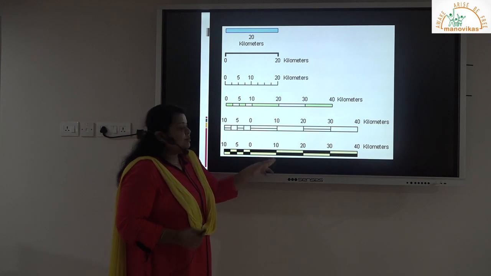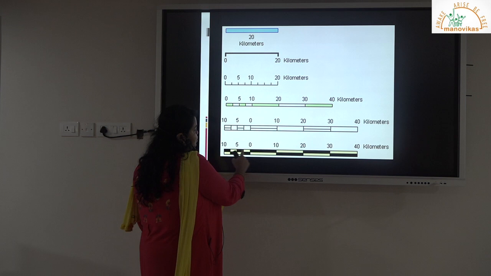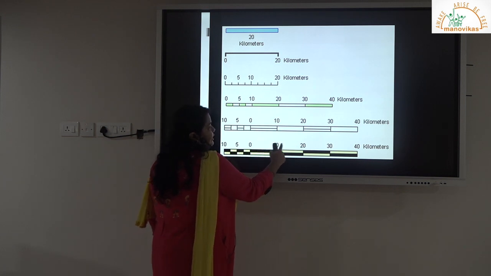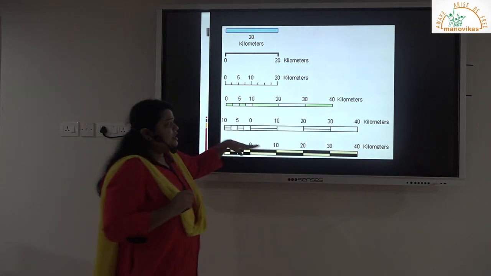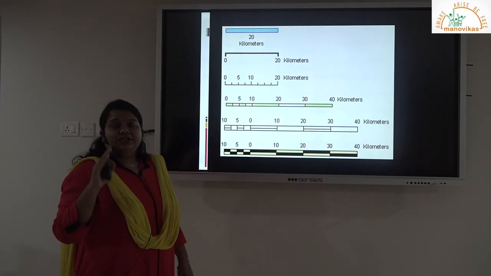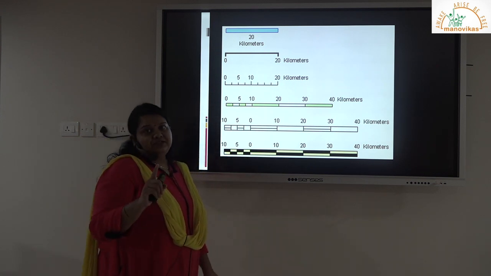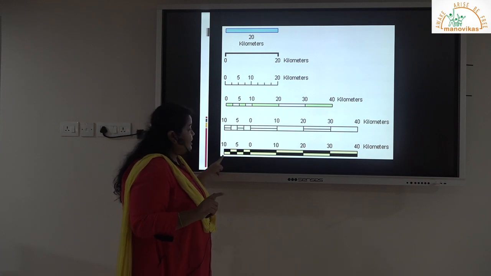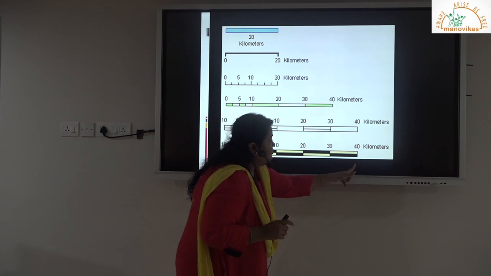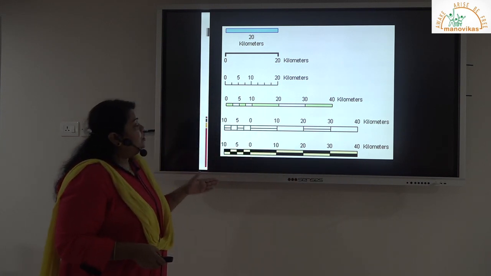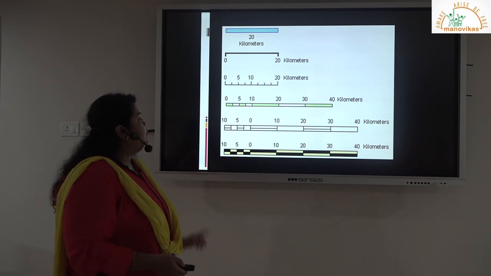Divide it at a segment of 2 centimeters each. Then place the values. First 2 centimeters, place a value of 0, 10, 20, 30, 40. And you are going to write kilometers. So whatever is written as figures is your ground distance, and whatever is drawn is your map distance. So these are your secondary divisions which help us to measure the minor distances, and these are your primary divisions. Okay, and this is what you are going to do it for the next slide using this.